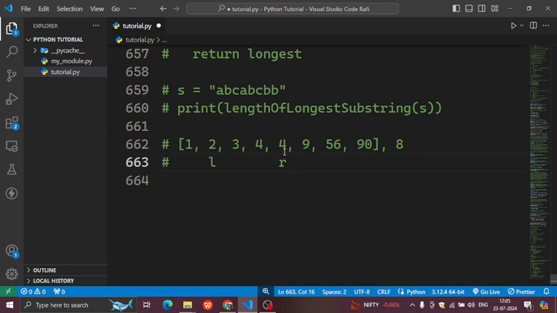We check again. 4 plus 2 is 6, still smaller, so we do it again. Now we check again. 4 plus 3 is 7, it's still smaller, then R will stay the same, and L will move one step forward.